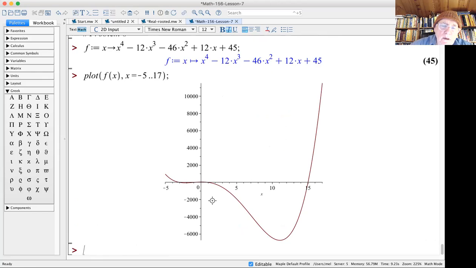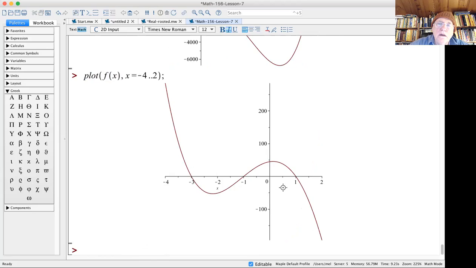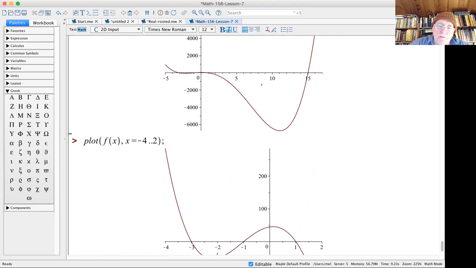So it comes down, up, down, up. Let's look up in this region, just see what happens. Maybe from minus 4 to 2. Yeah. So in here, there are 3 zeros, 3 x-intercepts,